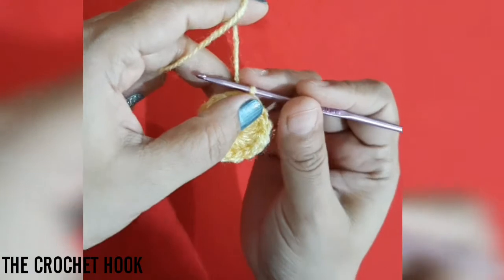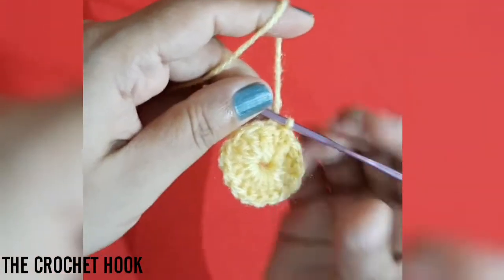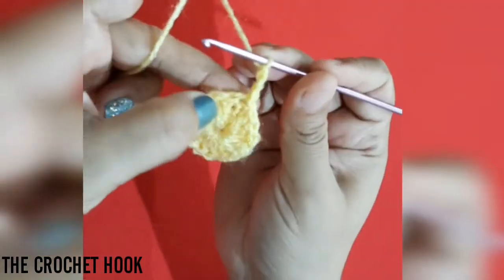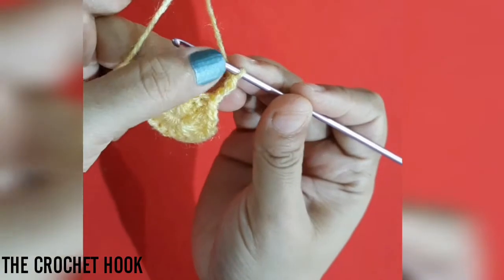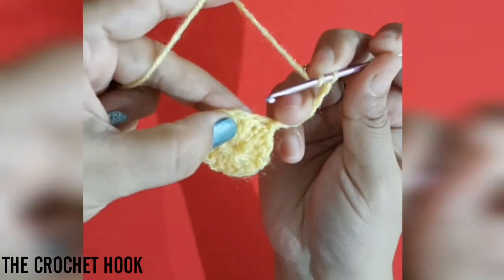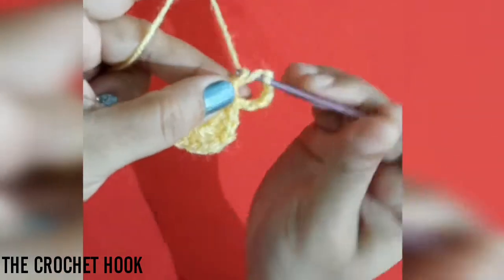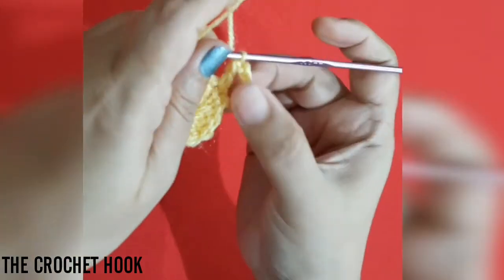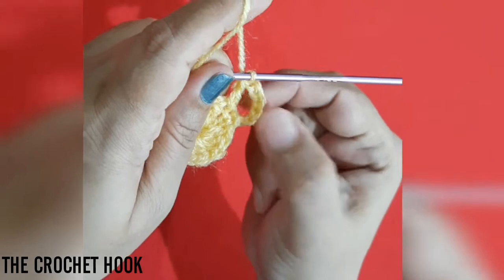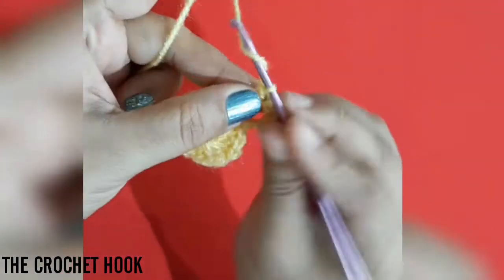For round 2, chain 3, 1, 2, 3. This chain 3 stands for a DC. Then work 3 more chains. This is the chain 3 gap. Yarn over, and in the very next DC below, work 1 double crochet, 1 DC here. So here, first chain 3 counts as a DC, next chain 3 stands for the chain 3 gap between the 2 DCs. So then, chain 3 again,